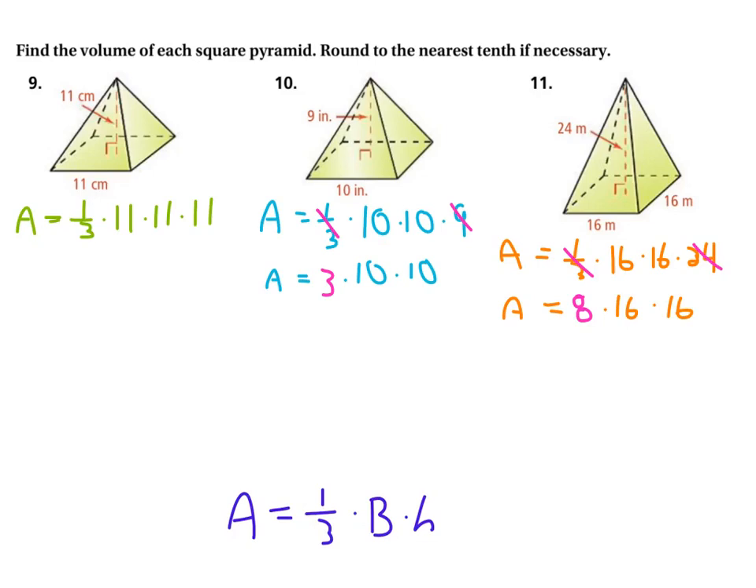For the first one, number 9, 11 is not a perfect multiple of 3. So what I'm going to do is I'm just going to type in calculator 11 times 11 times 11, 1,331, and then I'm going to divide it by 3. You should know that taking 1/3 of something is the same as dividing it by 3. So divide it by 3, and we get the area is approximately equal to, they want it to the nearest tenth. It works out to be,